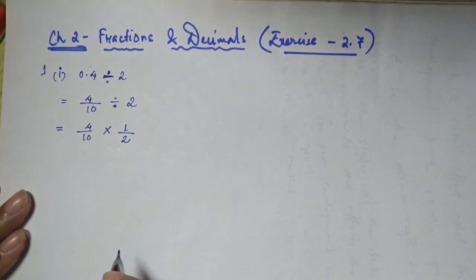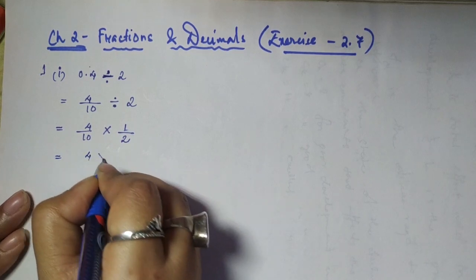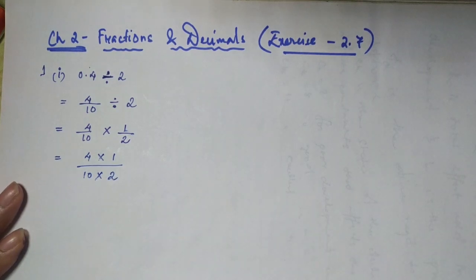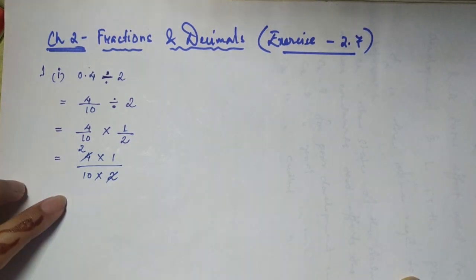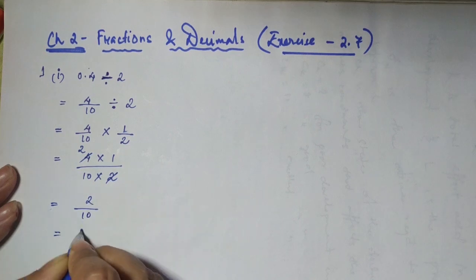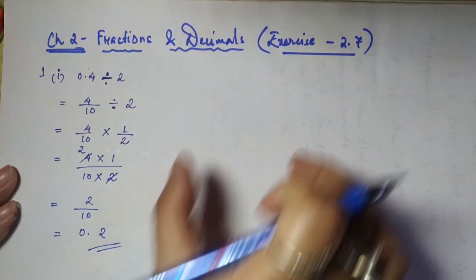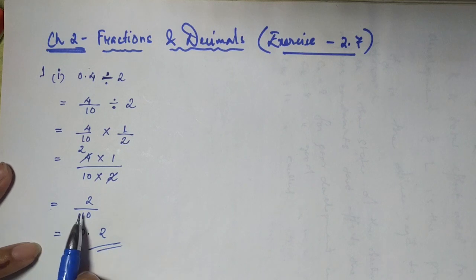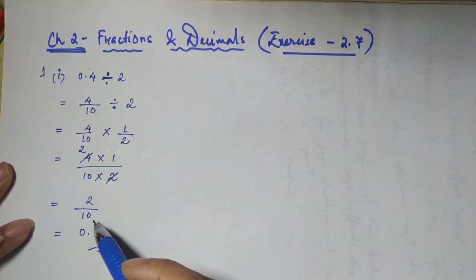Now all of you know how to multiply fractions as you have got in your earlier exercise. So it will be multiplying the numerator with the numerator and the denominator with the denominator. Now please see if it gets cancelled. 2 2s are 4. Right? Now this can also be cancelled. Or you can directly write 2 by 10 is equal to how much? 0.2. So this is your answer. Okay? Because since it is a decimal one, we will find the final answer in decimal. This is also correct if you want to put it in the fractional part. If it is given to write the answer in fractional part, then we'll do till this step.